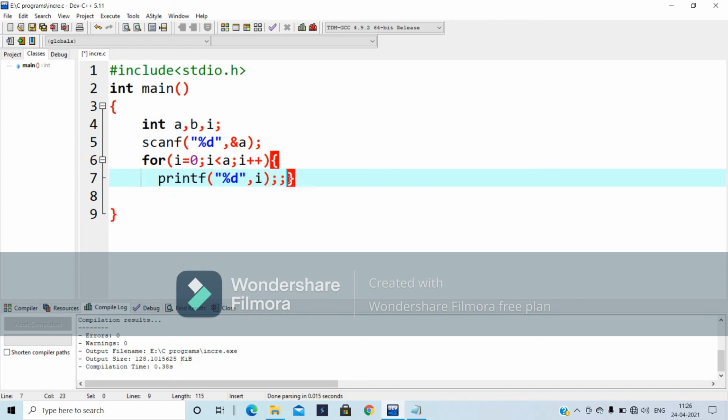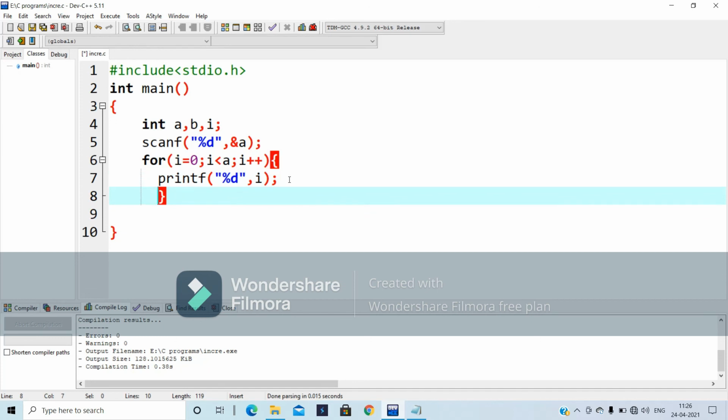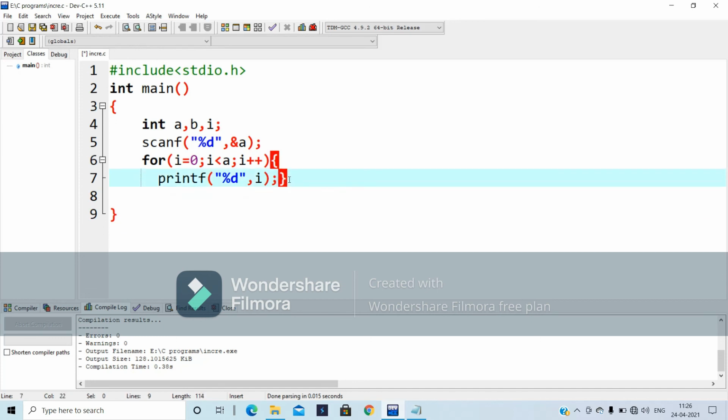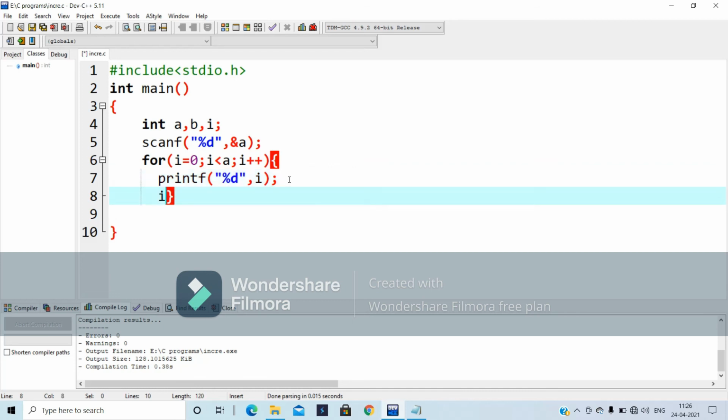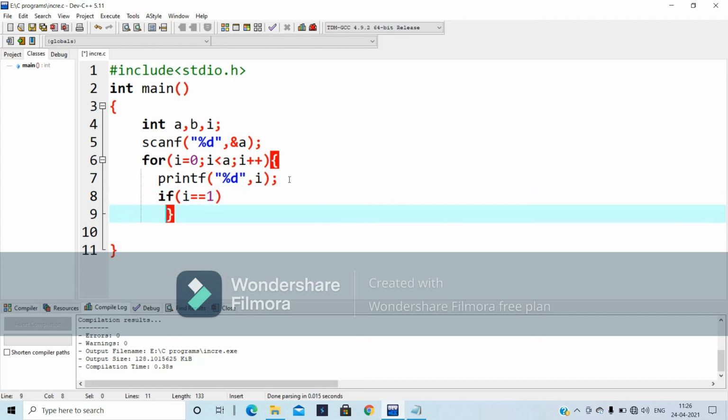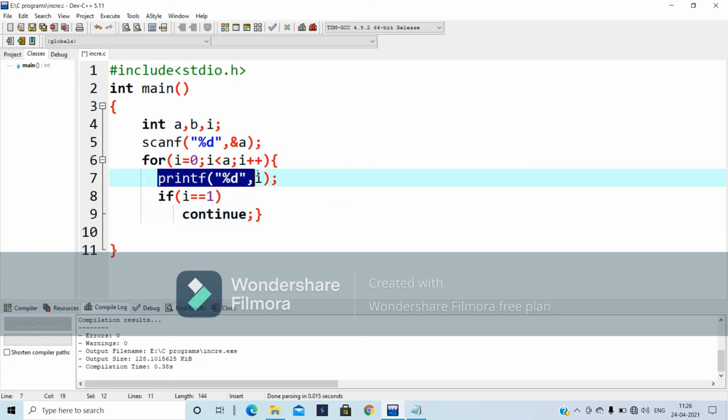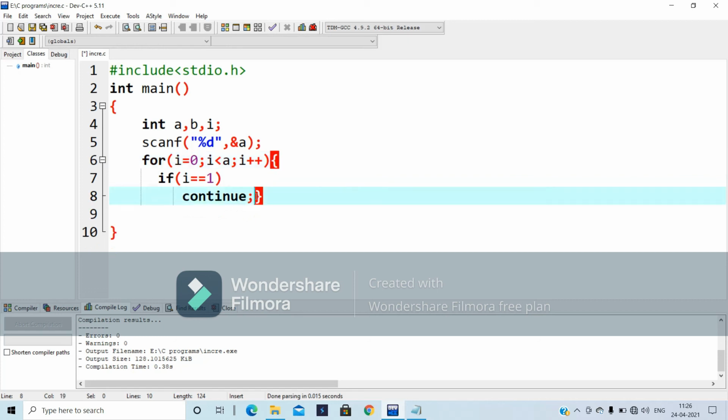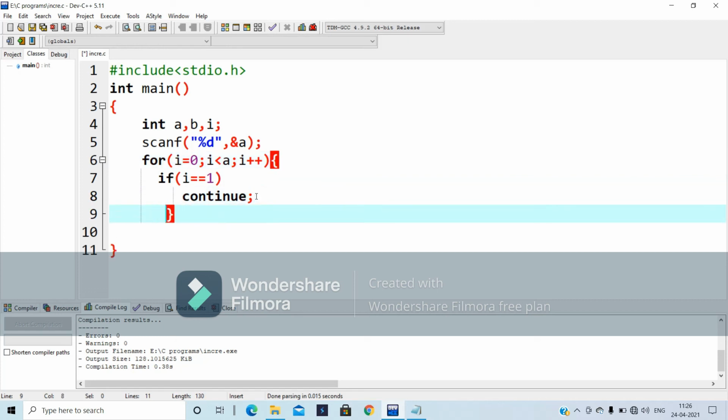Yes, we need to take continue. Continue main syntax: if i equal to 1, then only continue will be executed. Otherwise print the values as they are. It is not in the if statement.